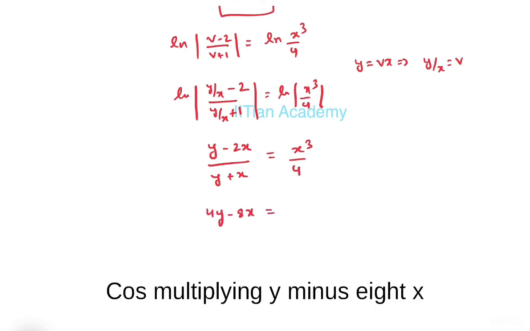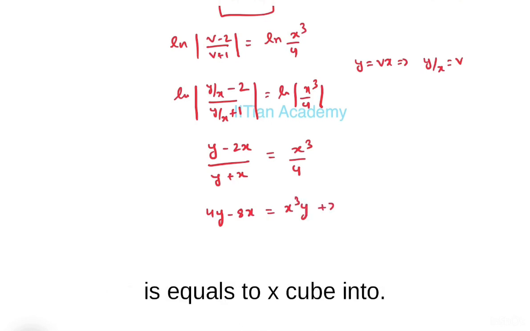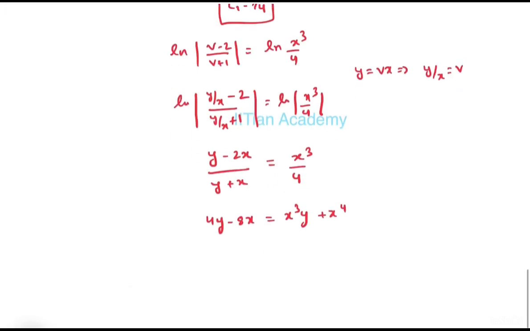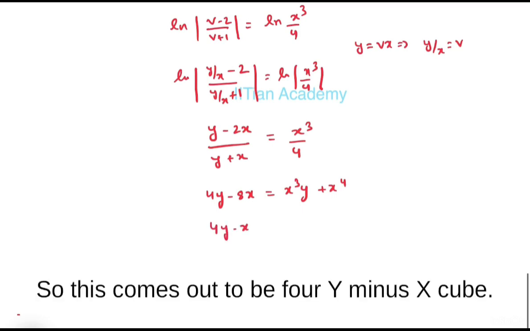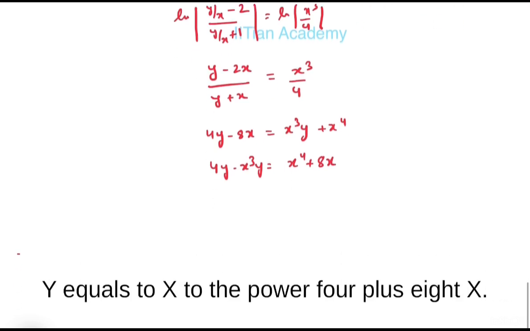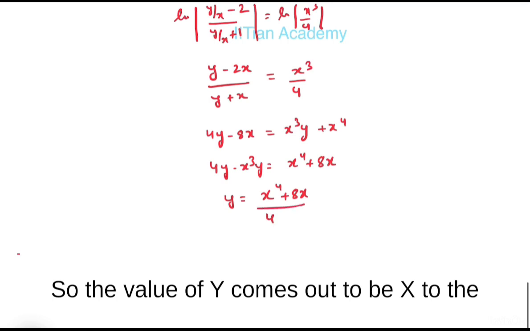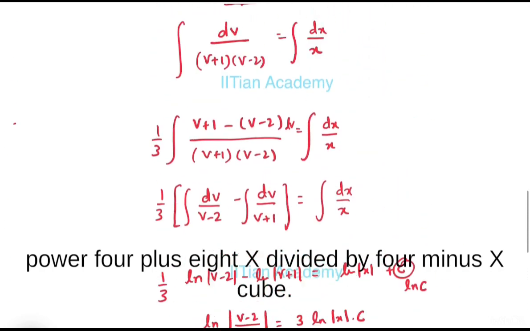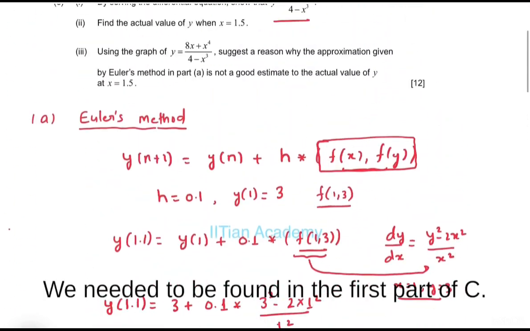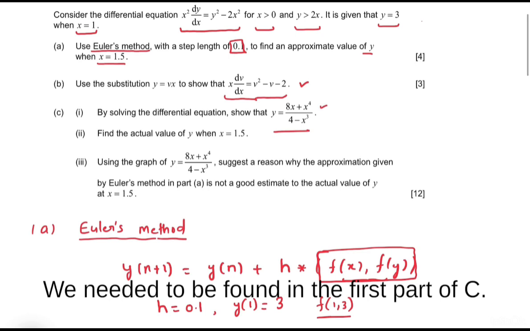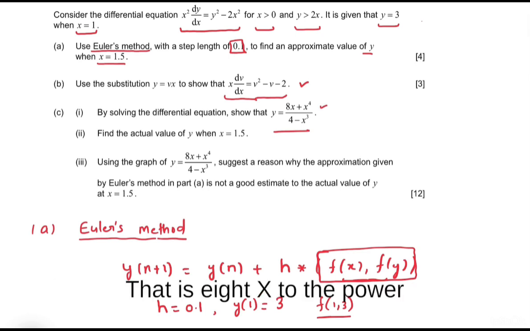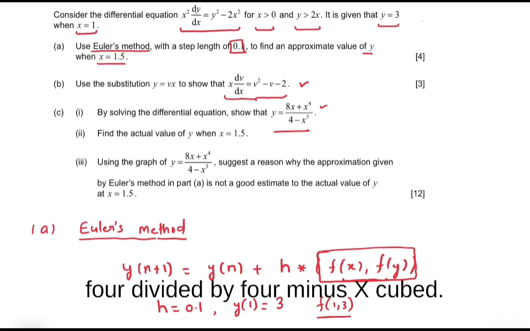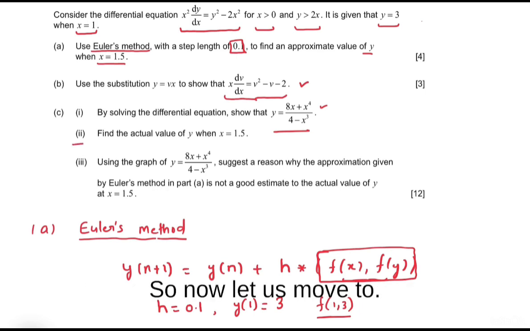Cross multiplying, 4y minus 8x is equal to x cube into y plus x to the power 4. So this comes out to be 4y minus x cube y equals x to the power 4 plus 8x. So the value of y comes out to be x to the power 4 plus 8x divided by 4 minus x cube. So this is the expression we needed to find in the first part of c. So now let us move to